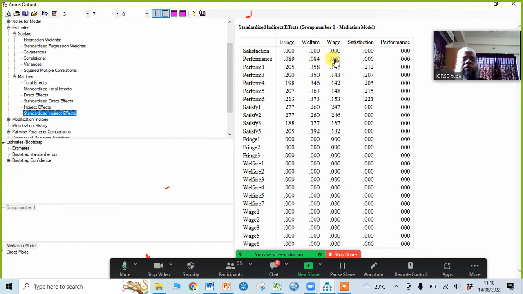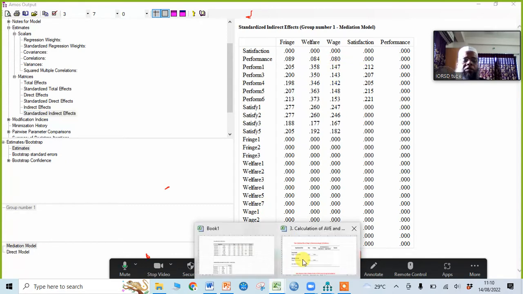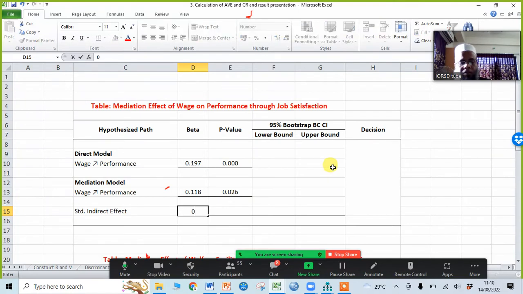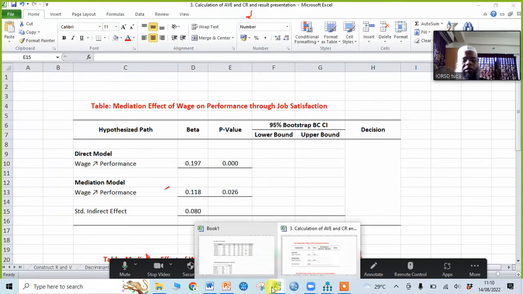So first of all we need the beta value, and this is the beta value for wage with performance. Wage with performance is 0.080, standardized. 0.080, and the p value is